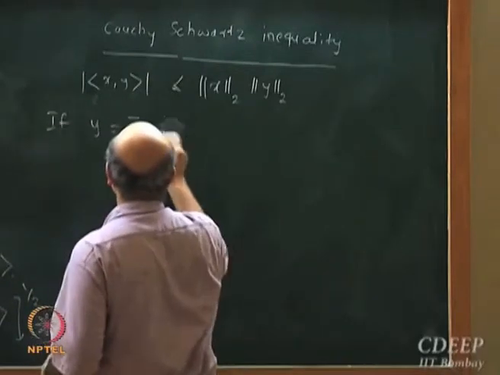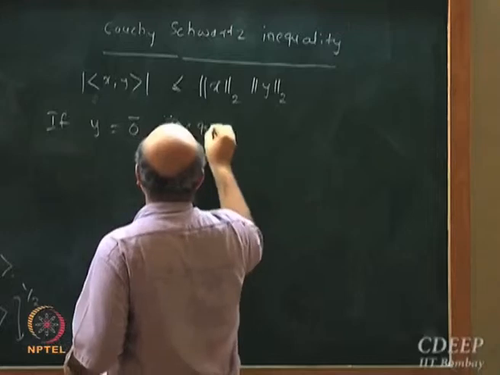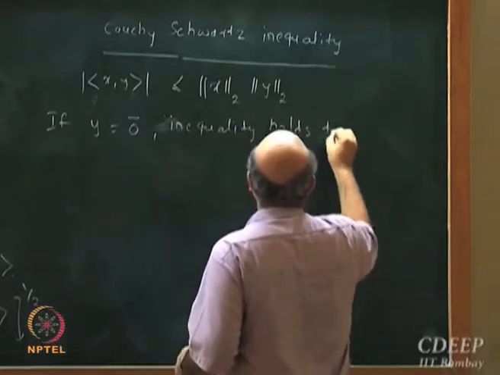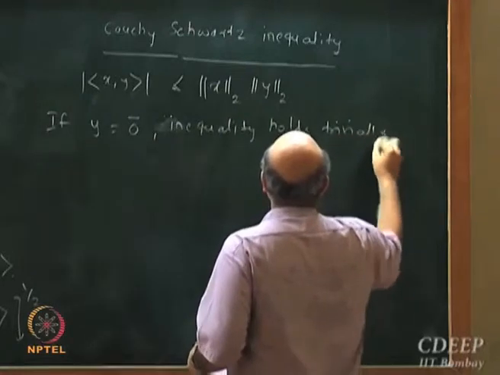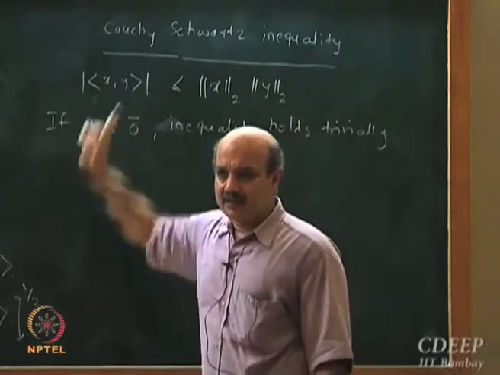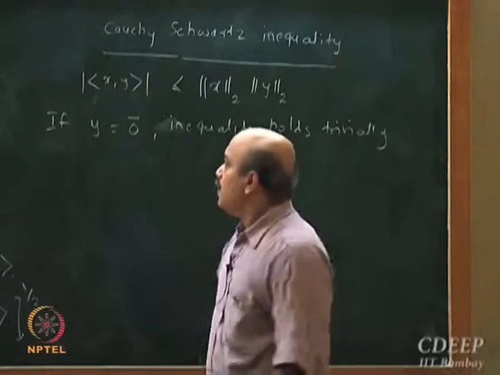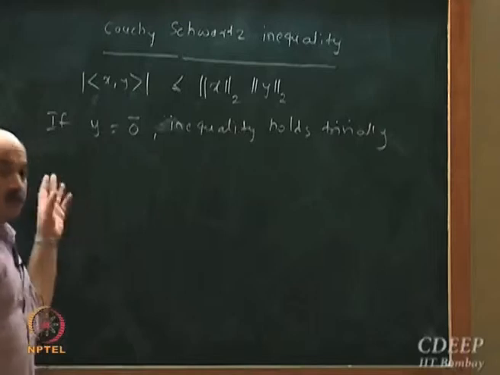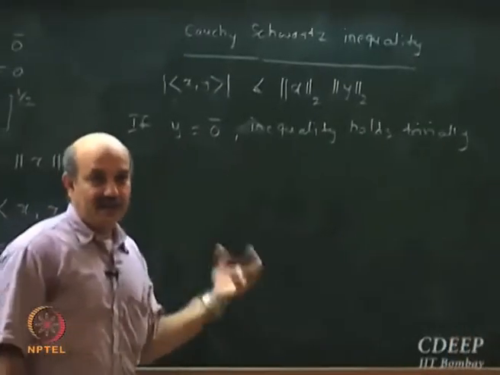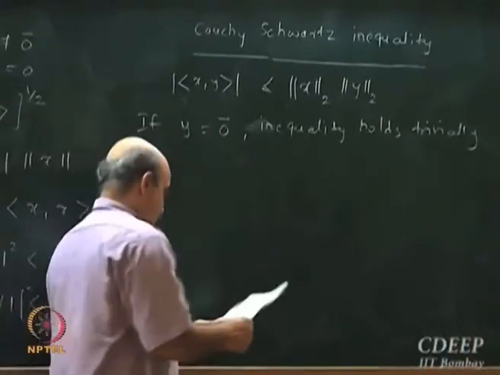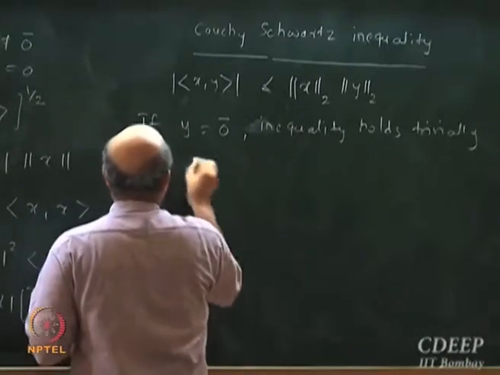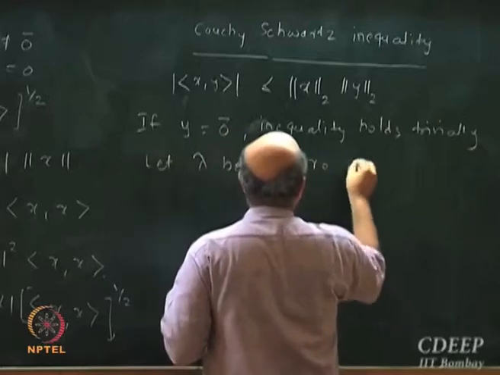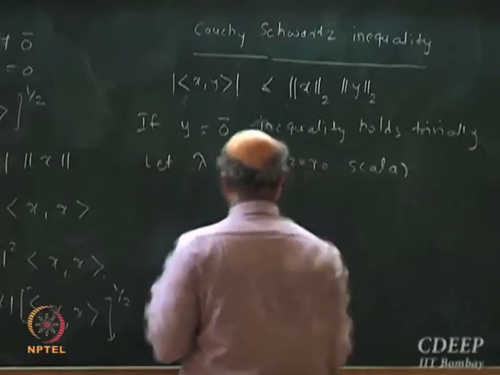So if y is equal to 0, so we don't want to look at a trivial case, 0 vector case. Okay. Now to prove this inequality, now I am going to play a trick. So let lambda be a scalar, non-zero scalar, such that